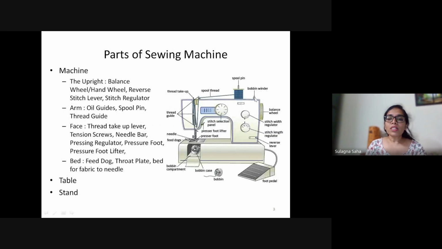In a domestic machine, the bobbin winder is located at the top of the arm of the machine, and you just attach your thread, loop your thread this way, and you wind your bobbin with the adjustment of your balance wheel. In most industrial machines, the bobbin winder is located at the base of the upright section.